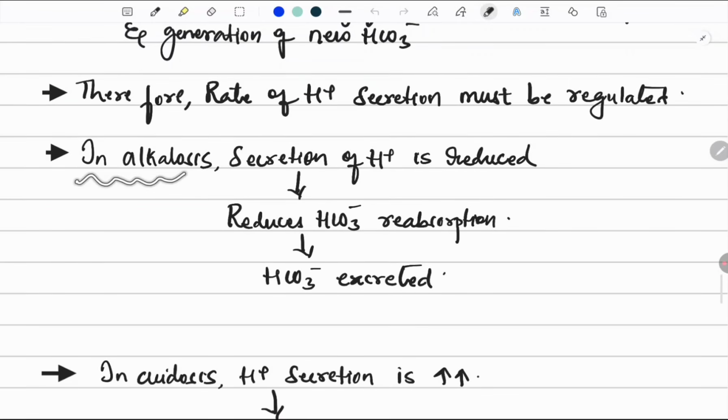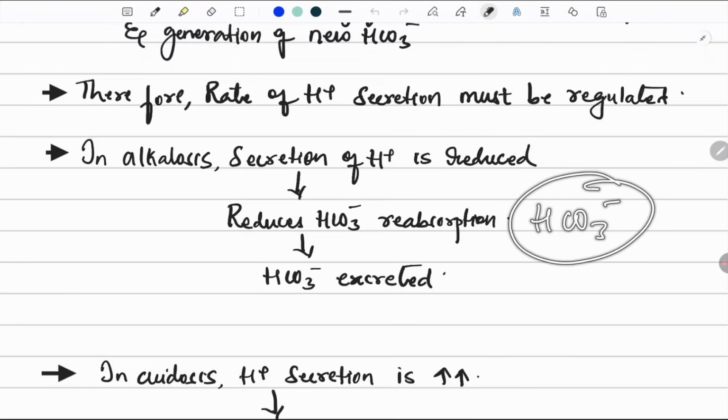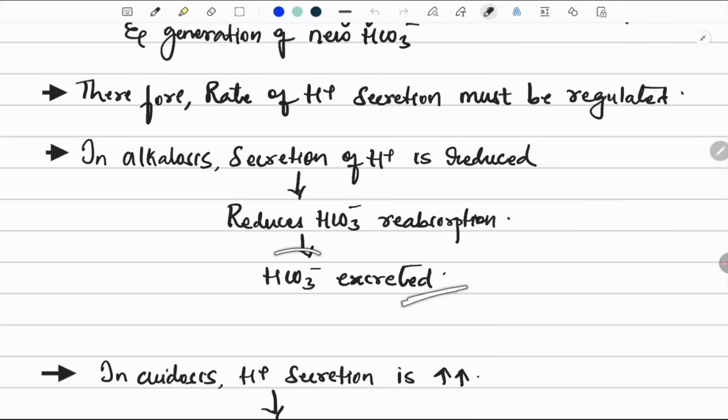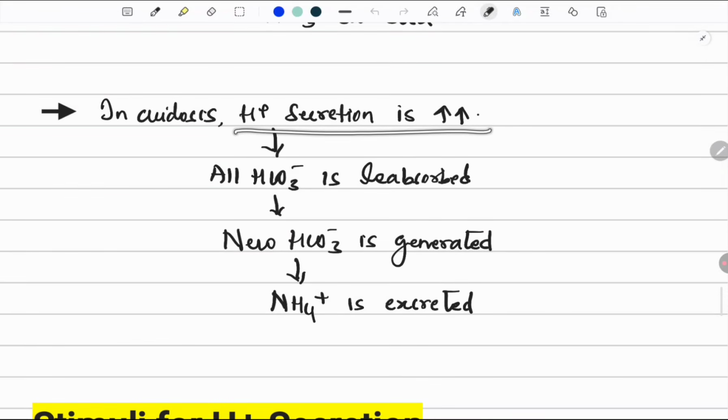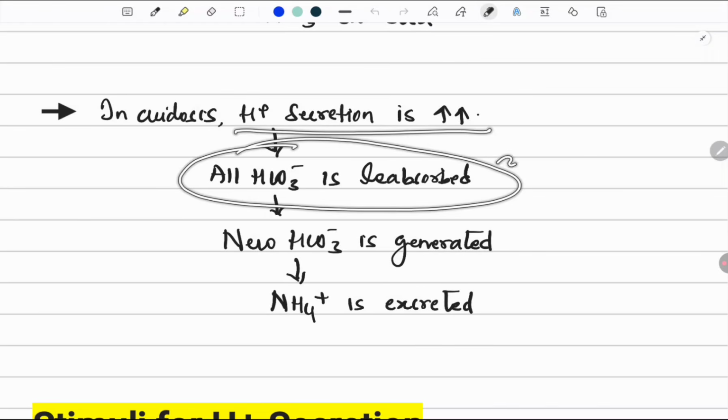So what happens to H plus secretion in alkalosis? It is reduced. So with reduction of H plus secretion, what is reduced? Bicarbonate reabsorption is reduced. So what is happening in alkalosis? The bicarbonate is excreted out. But what happens in acidosis? H plus secretion is increased, all the bicarbonate is reabsorbed, and this bicarbonate is used to buffer the H plus